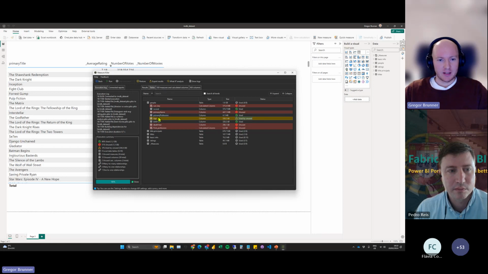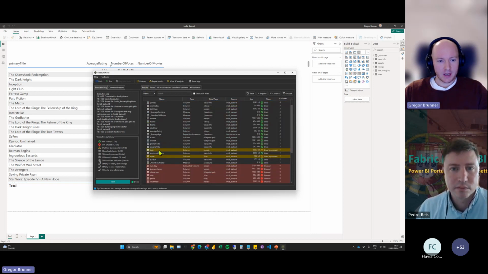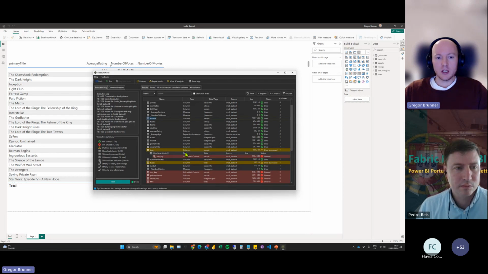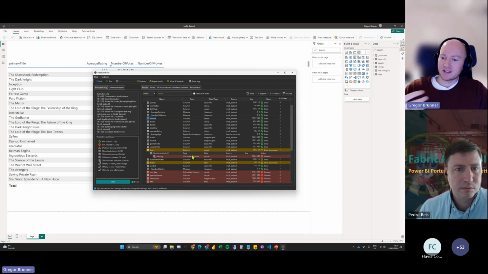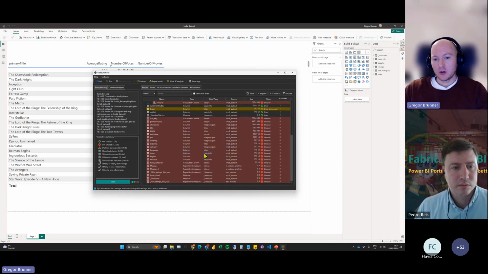But let's take a look at this H column, and it will make sense, I think, once you see what's going on. This H column is yellow. It says used by unused. So basically, if a column or a measure is only used by something that is unused in itself, we will show it as yellow. Why? The red things, those are unused. We want to kick them out. We want to remove them.